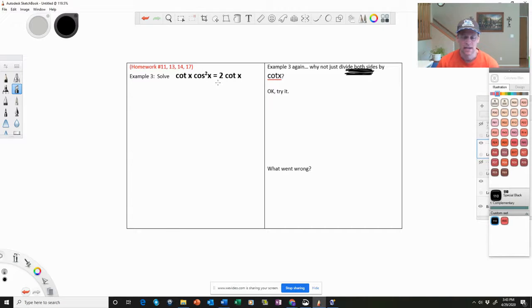Let's go ahead, instead of doing that, let's get a 0 on one side. So let's go ahead and subtract 2 times the cotangent of x from both sides. So negative 2 times the cotangent of x plus the cotangent of x times the cosine squared of x equals 0. And what we can now do is factor out that cotangent. So take out the cotangent of x, and we're left with negative 2 plus the